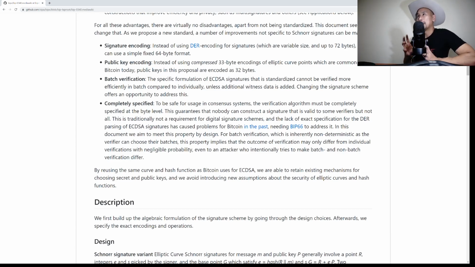So in other words, part of the problem with ECDSA and really signature schemes in general in the context of consensus systems is that there really isn't a byte for byte specification for verification. And that's what this document is trying to produce, that specification, so it's more appropriate for the use case that we're using it for, which is Bitcoin. And getting rid of ECDSA signatures and going to Schnorr signatures allows us to have this additional thing.